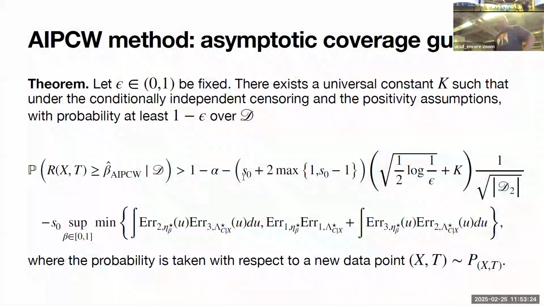So let me just point out a couple of things about this to understand what's going on. It's always a product of two bias terms. If you look at the error here and the error here, that's the bias of estimating eta times the bias of estimating C given X. And this kind of product bias appears everywhere, whether it's under an integral or not. The point is that you get a bias term which is the product of how well you can estimate two nuisance functions, as opposed to a single term. If both biases are going to zero at some rate, then the product bias is always smaller than the single bias. This is known as